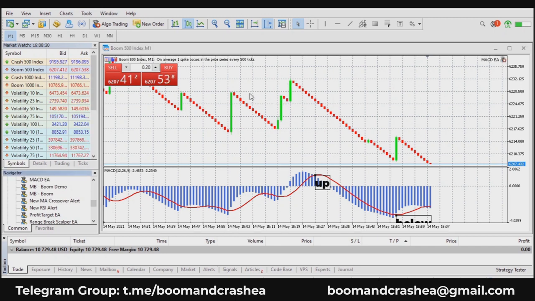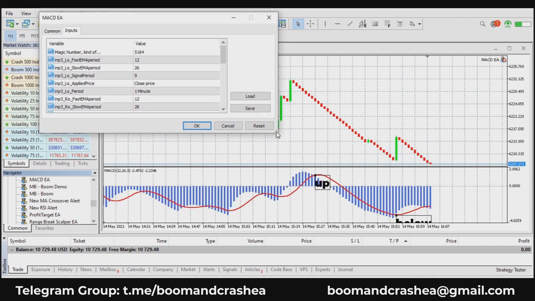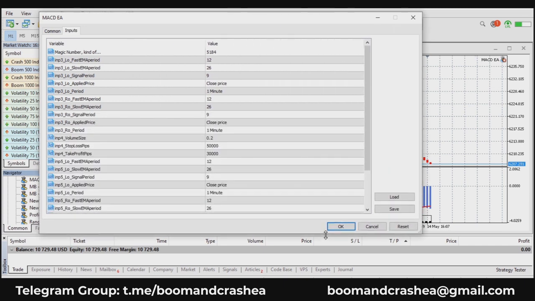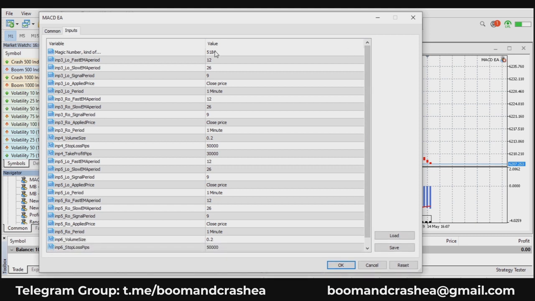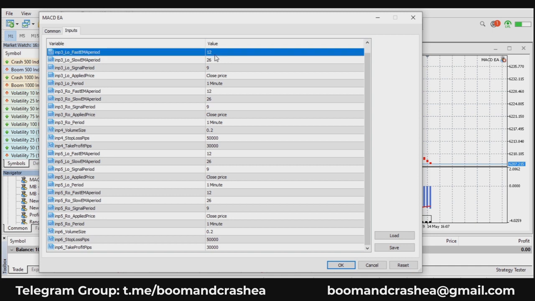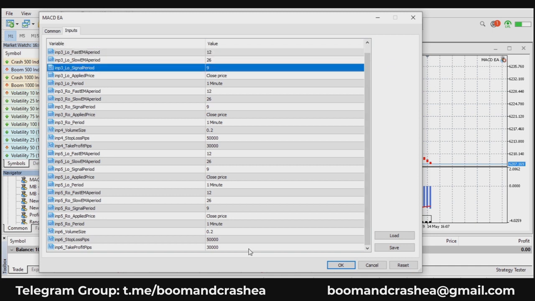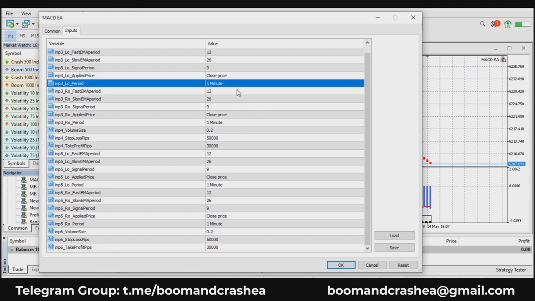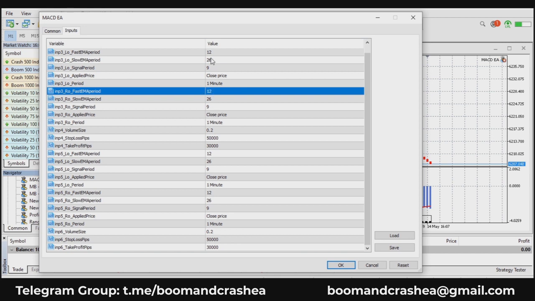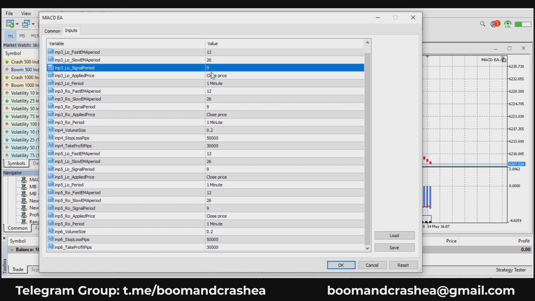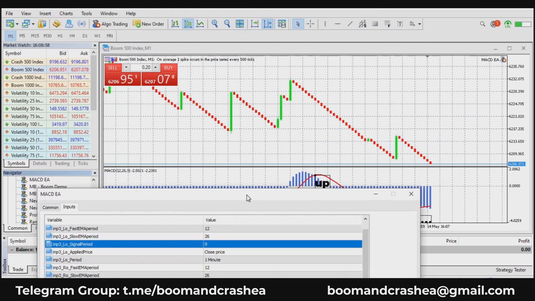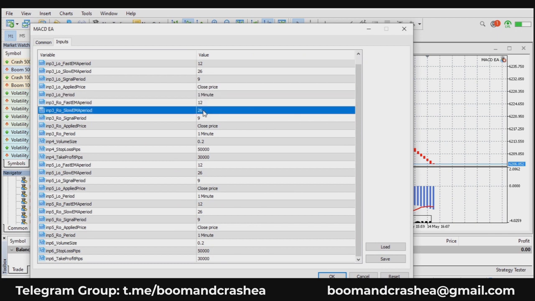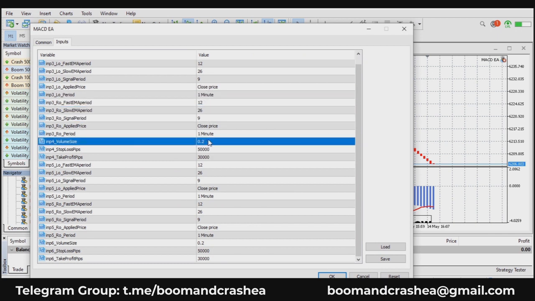So we'll drag our MACD EA on the chart. The first portion of the settings goes for the red line, which is the signal line. You leave this untouched. So 12, 26, 9, that's what I showed you when I first opened the MACD indicator. Apply to close price. You can always change it to whatever price you want. The time period is 1 minute. Then this is for the main line. So when the signal line, which is 12, 26, 9, crosses, this is a sell first. When it crosses above the main line, which has this setting, under 1 minute time frame,